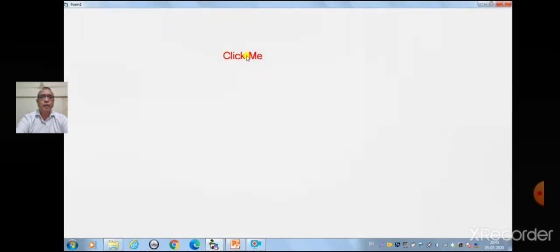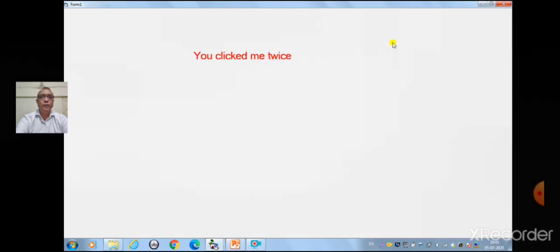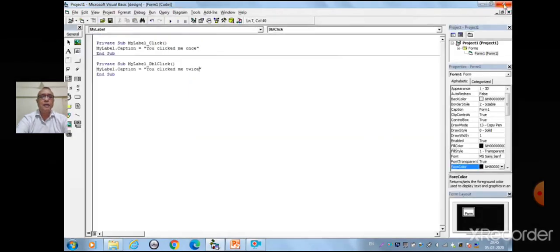So click on the label. If you click once, it will display you clicked me once. If you double click on the label, it will display you clicked me twice. So with the same label, we have two events, click and double click.